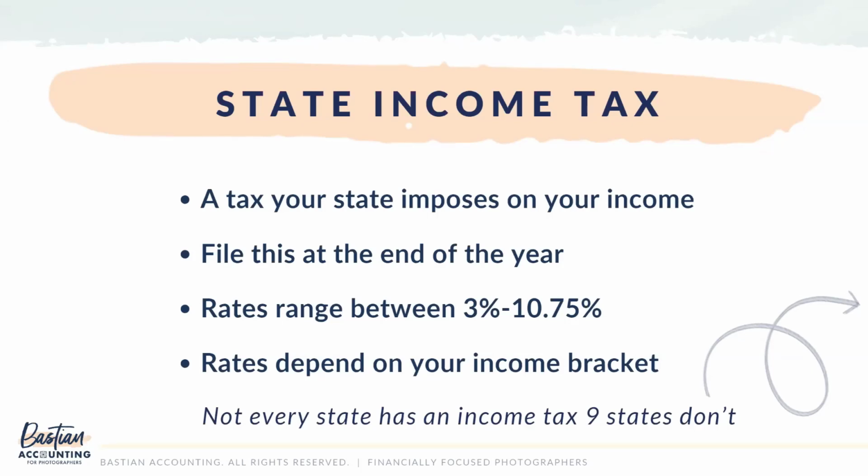So if you're following along already, let's just say 10 to 37%. If you went to the high end, or even if you were just trying to meet somewhere in the middle at 25%, the average is going to be somewhere between 24 and 30 for federal based on income. But now you're adding another 3 to 10.75% on top of that, friends. Depending on your income bracket, so that also plays into this, but there are actually 9 states that don't have